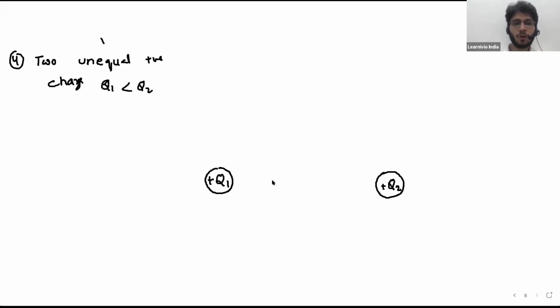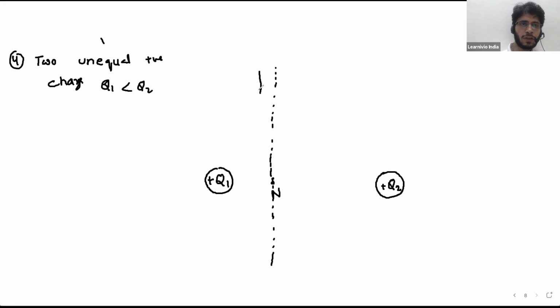Okay, Mariam. If you have two unequal charges, where will the neutral point lie? When the charges were equal, the neutral point lay at the midpoint. But now the charges are not equal, so where will the neutral point lie? Near the greater charge. Near the smaller charge. Always remember, the neutral point lies near the smaller charge. This is the line passing through the neutral point. No field line can pass through the neutral point.